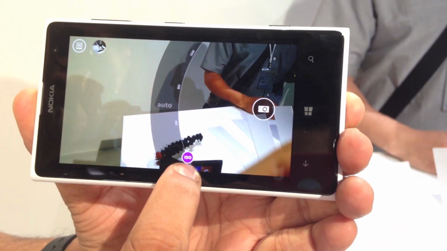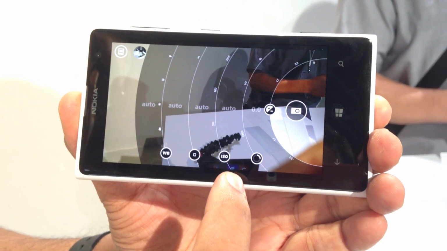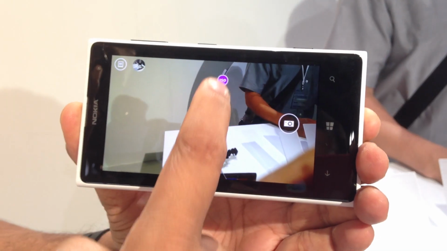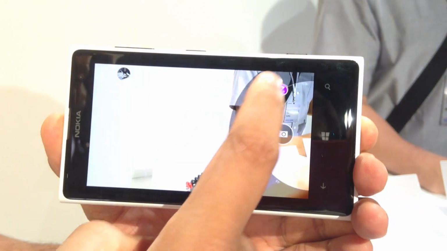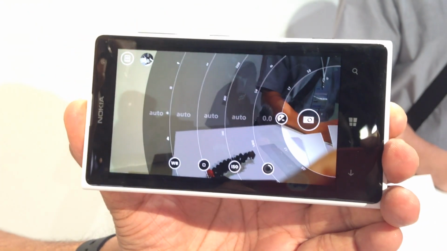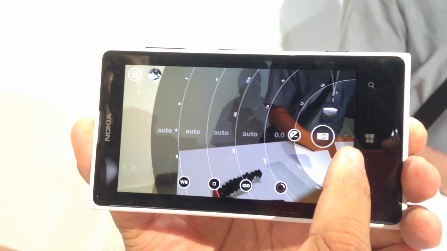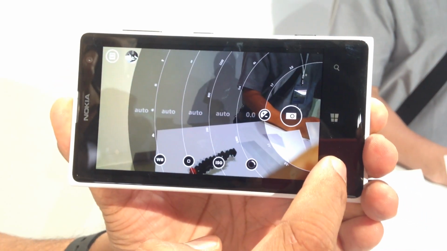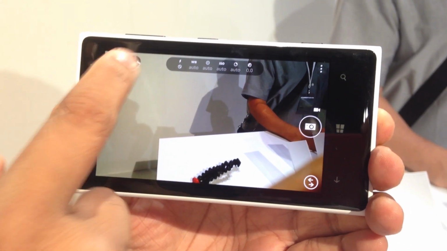It goes up to 16,000, which is by far the best we have seen on a smartphone, and even some DSLRs don't go to that level. So that's pretty cool. You can also control the exposure, and you can reset things to auto to let the camera do its job without meddling too much with the settings. In addition, there are details like the flash control and stuff like that.